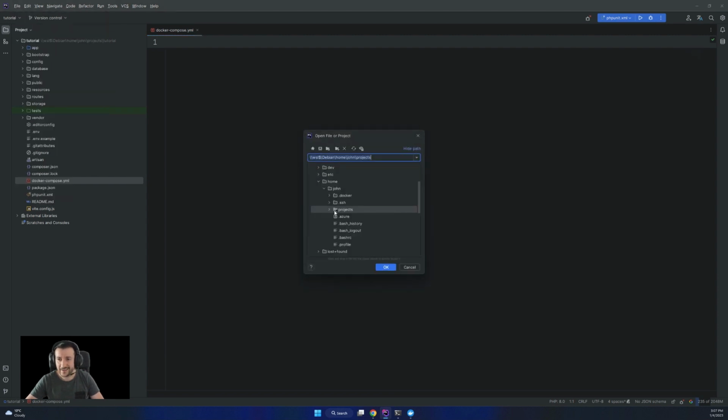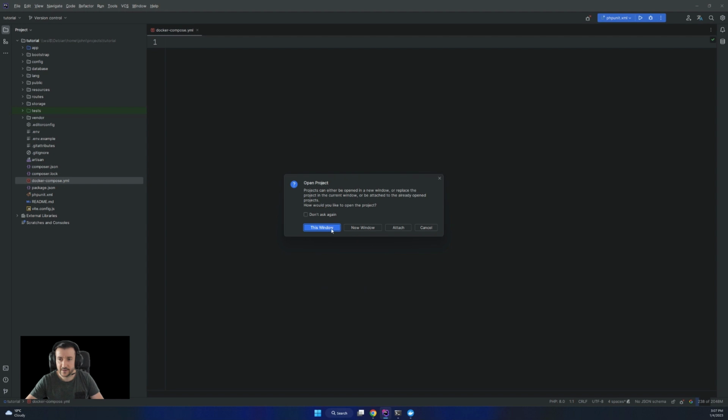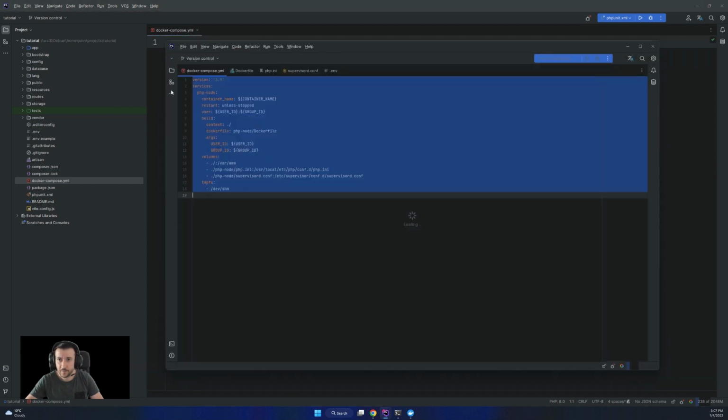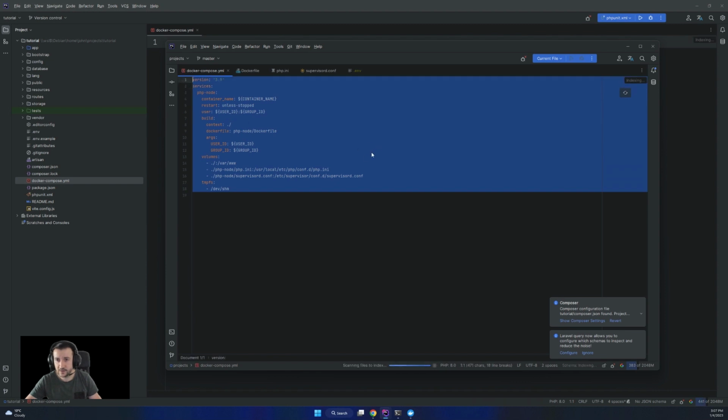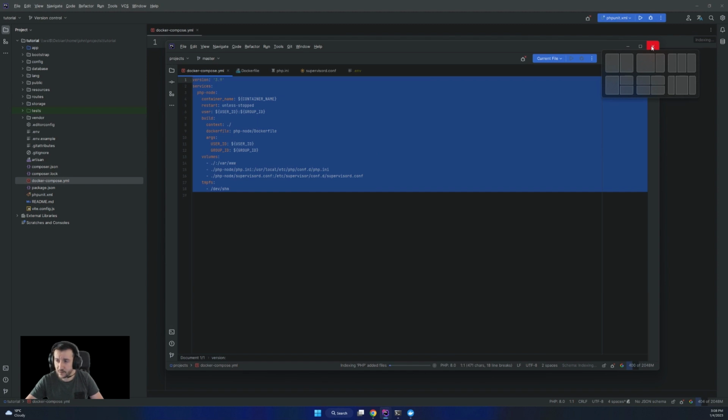I'm gonna open the project that we created last time, and we have this Docker Compose that I showed you. I'm gonna copy it to have a bit of a start, but we'll go through each container step by step.